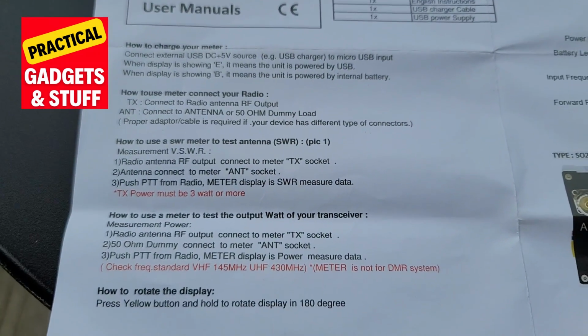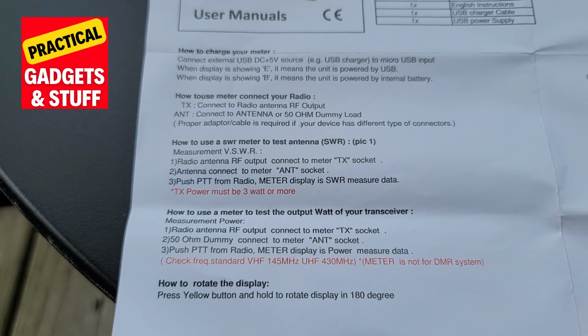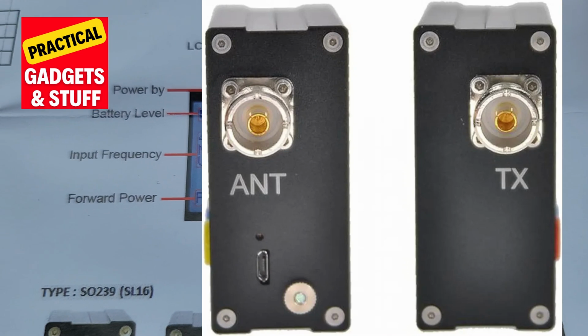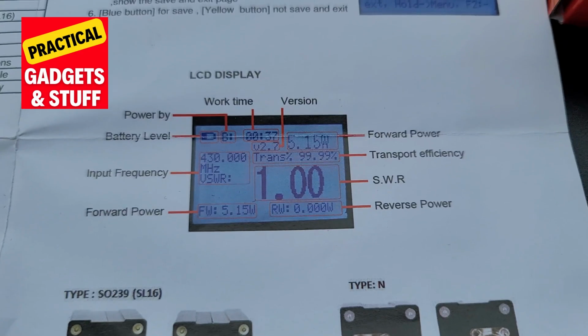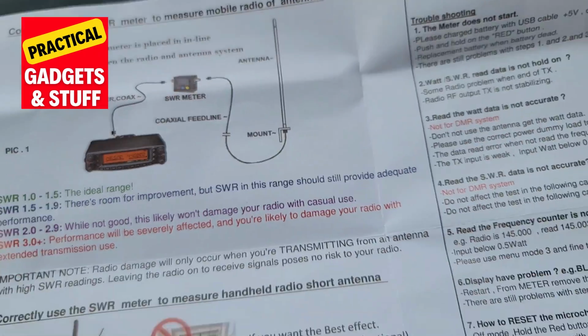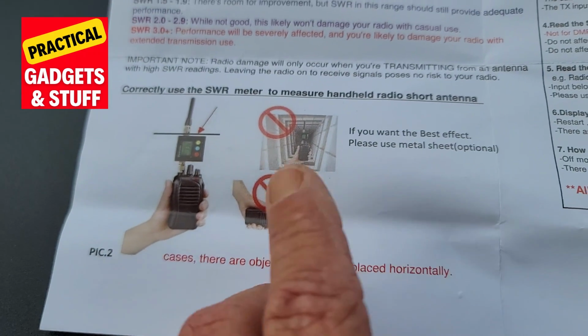You will see the explanation on how to charge the meter, how to connect to the radio and everything, and it will show you what all the display readings mean, okay? It's a very simple unit, very easy to use. On the other side, it shows you a diagram, and also over here it shows you how to make readings